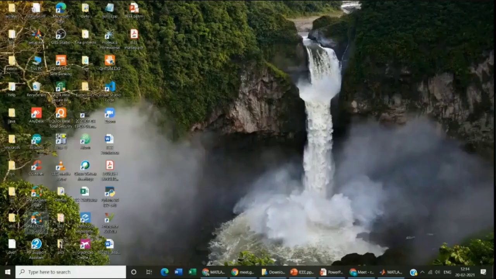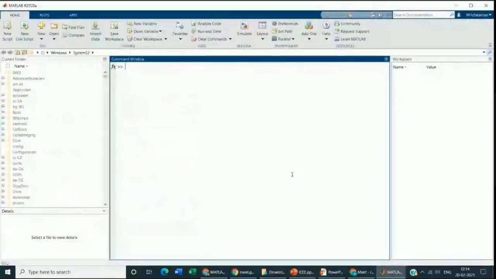So in this MATLAB version, this is the Command Window, this is the Workspace, and if you write any operations or commands in the Command Window, for example, if we operate a = b + 7, it will give you the answer. But if you want to delete your workspace and start a fresh one, you may type clear to delete everything from the workspace, and then you may type clc to clear the Command Window. These two commands we will use many times, so I am introducing you to these new commands.